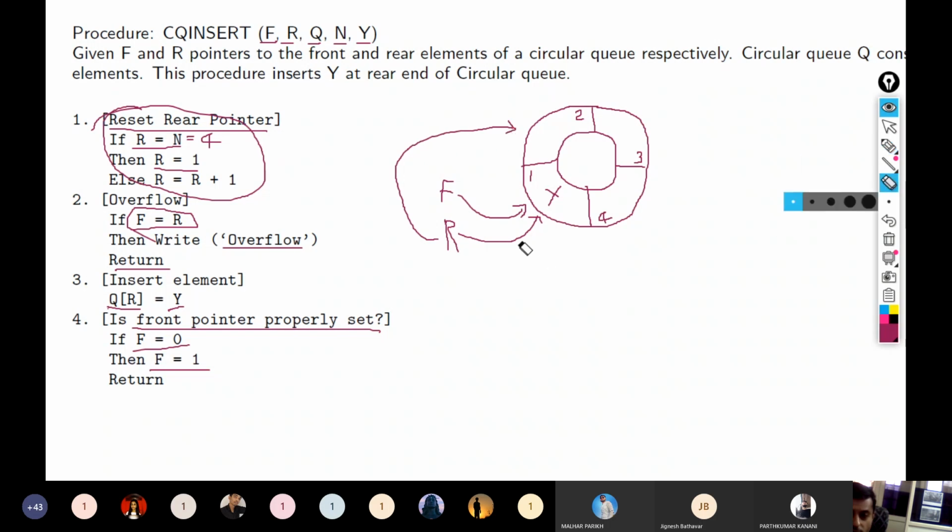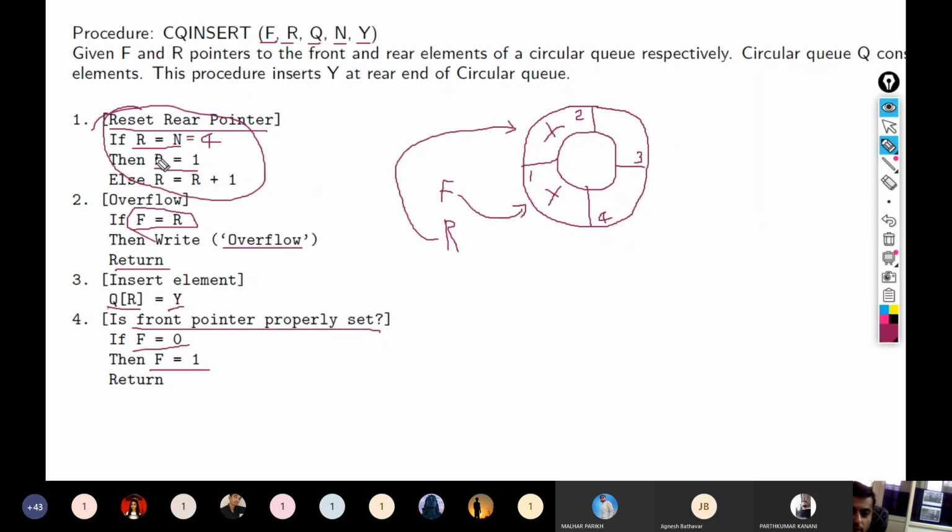I will update the rear pointer and I will check for overflow. Is it overflow after updating the rear pointer? No, it is not overflow. That means I go to the next step. I will store y in that place and I check if F equals 0.